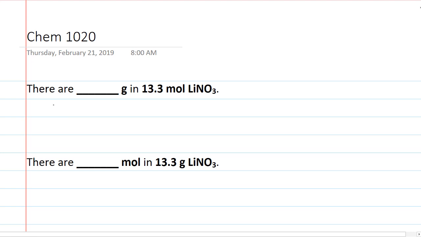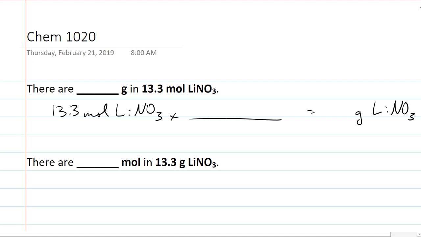We're not given mass. What are we given? Moles. So we're given 13.3 moles of the lithium nitrate. And what is it we're looking for in this one? Grams of lithium nitrate. We then need a conversion. On the top we would put in grams of lithium nitrate, on the bottom moles. And what number is going to go on the bottom? 1. And on top we would put in